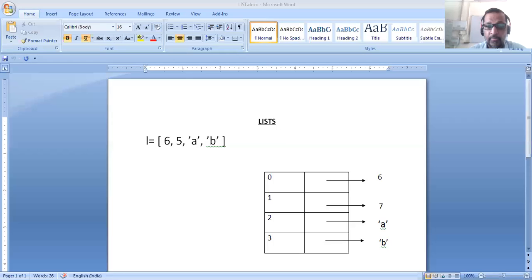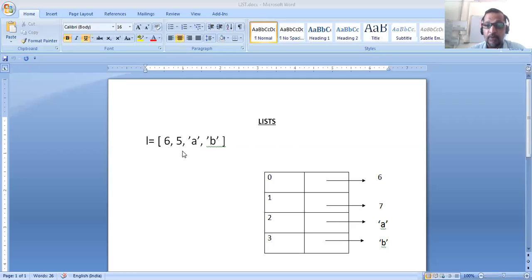Now let us see how list is stored in the memory. Suppose this is a list L having values 6, 5, A, B. 6 has index 0, 5 has index 1, A has index 2, and B has index 3.